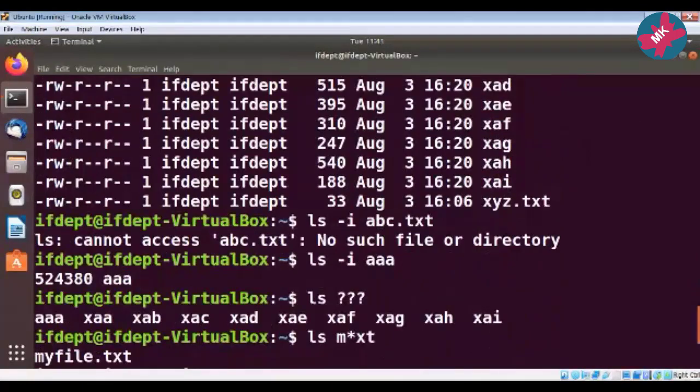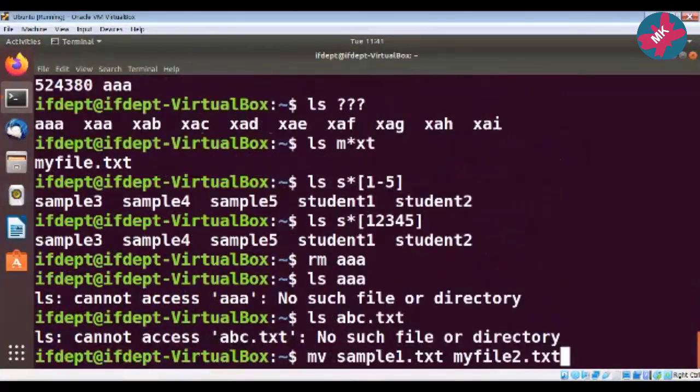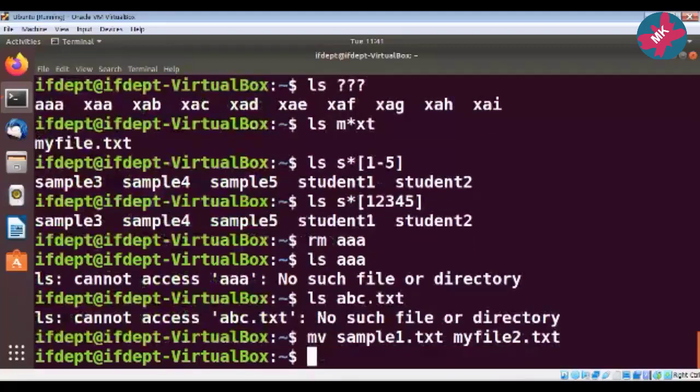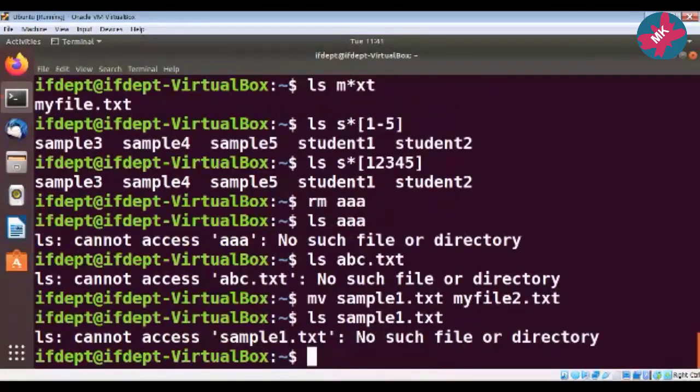So what I am going to do is mv sample1.txt, and rename it to myfile2.txt. Press enter. Now let us check whether sample1.txt exists.